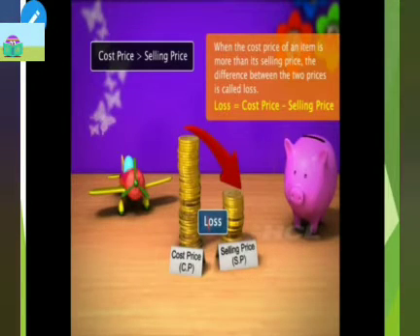When the cost price is more and the selling price is less, then we say that the shopkeeper has incurred a loss. So when the investment of the shopkeeper is more and the amount he received by selling it is less, then we say that the shopkeeper has a loss. When the shopkeeper is not getting back as much as he invested, such a case is a case of loss. So when you have to calculate loss, from the cost price we subtract the selling price.